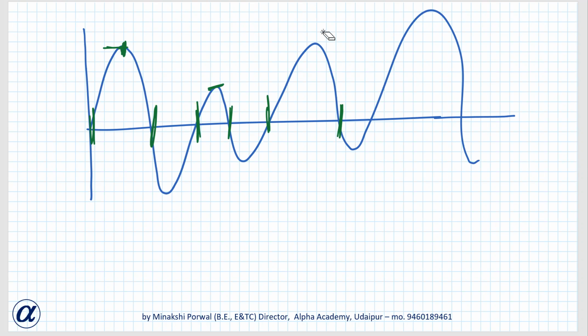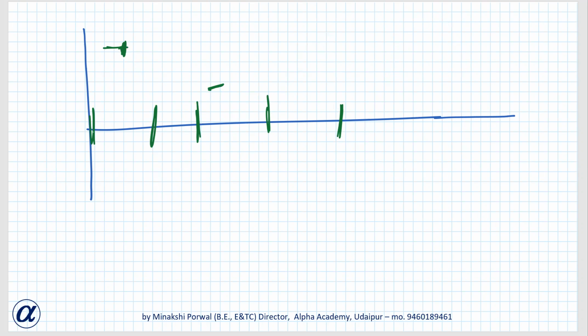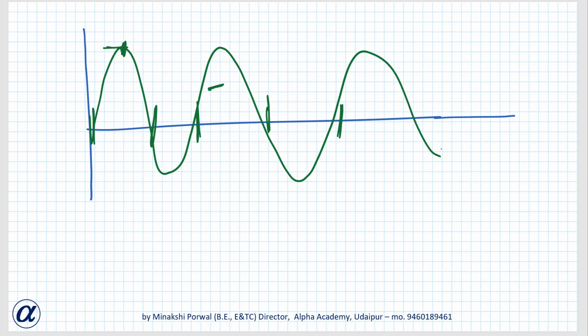Okay, so in this case, instead of saying maximum and minimum, we say local maximum and local minimum. Local maximum and local minimum mean that in a particular domain this is the maximum value, and in a particular domain this is the minimum value. Now there is one more term, absolute maximum and absolute minimum. From all the local maximum values, the value which is maximum for the entire function is the absolute maximum, and the value which is minimum for the entire function is the absolute minimum. Is it clear what I am saying?